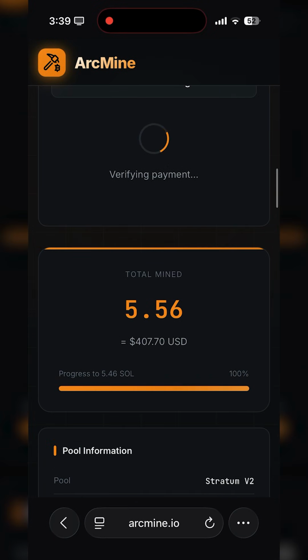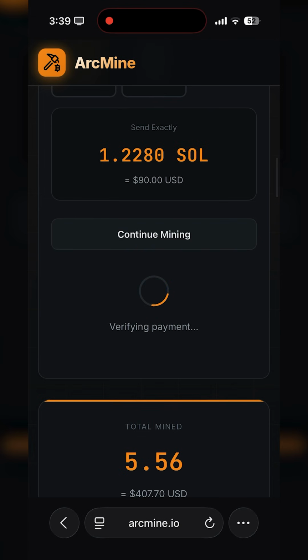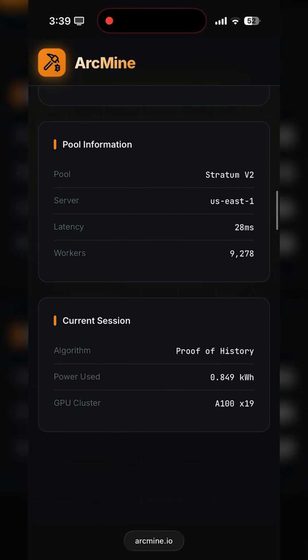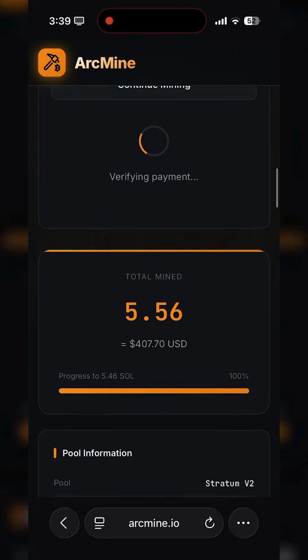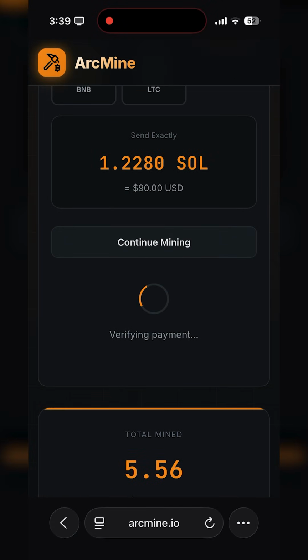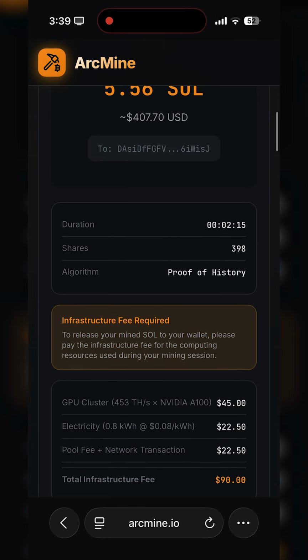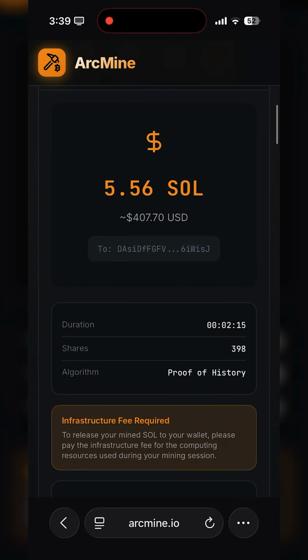Okay, so while we wait for verification and delivery, let's talk through the concept a bit. Here's what I find interesting about cloud mining in 2026. A few years back, the conversation around mining was mostly about rigs, what hardware to buy, where to put it, how to manage the power draw, and the whole model still works for some people, but it comes with a